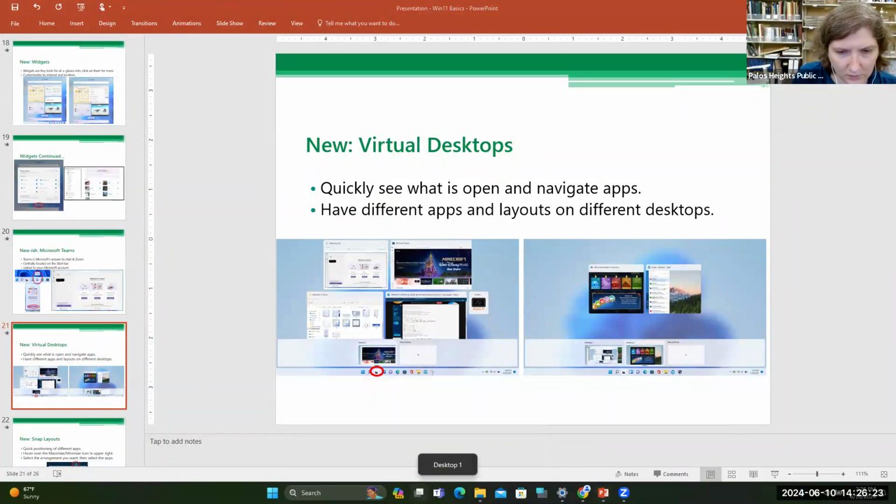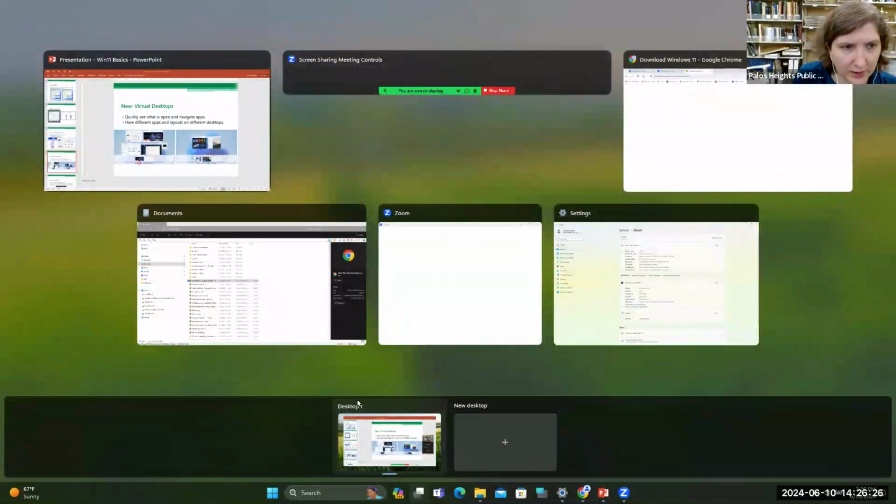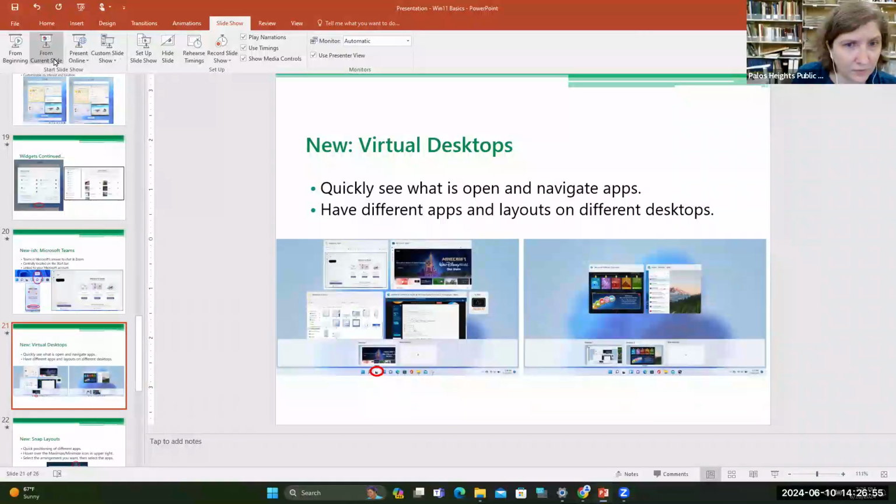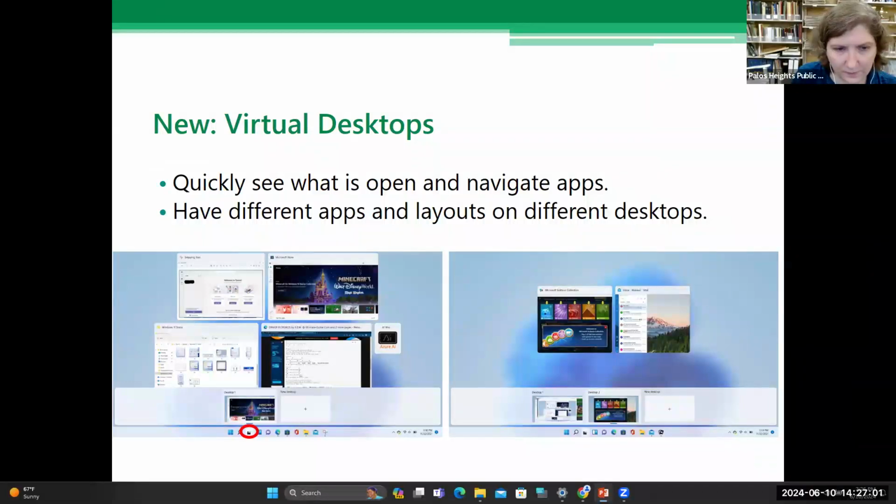I can click on it, make sure. And if I click on it again, this shows me all, hopefully you can see this, all the apps I have open. So I can just switch to them really fast. And even close them from here. If I click on the black and white square again, it takes me back to the normal view of my desktop. Here we go. There we go, it's open again.